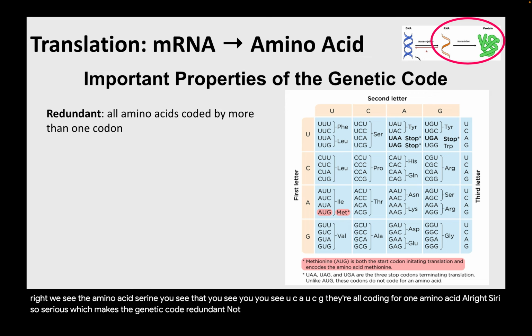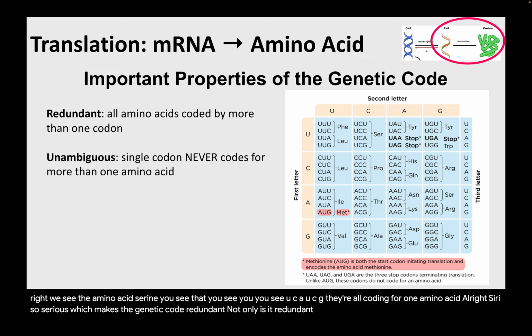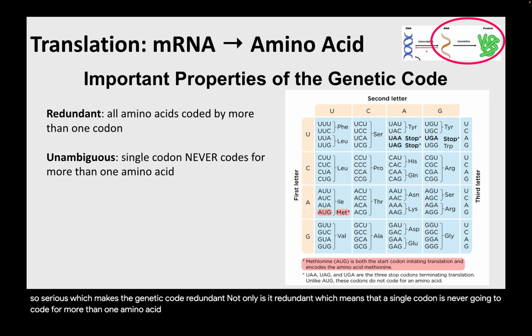Not only is it redundant, but it's also unambiguous, which means that a single codon is never going to code for more than one amino acid. If we look at our example of serine on that top row there, UCU, that codon is always going to code for serine, never going to code for anything else. So it's redundant, it's unambiguous,